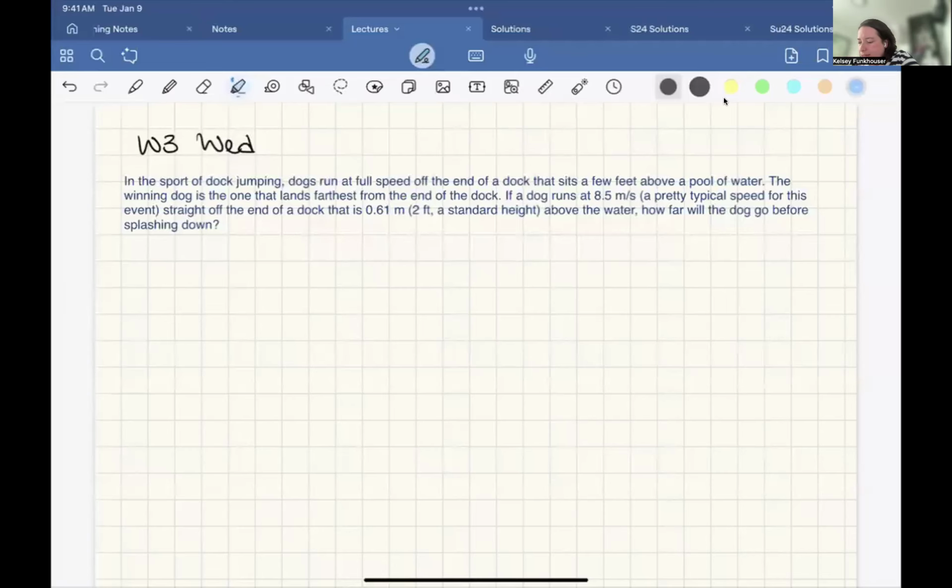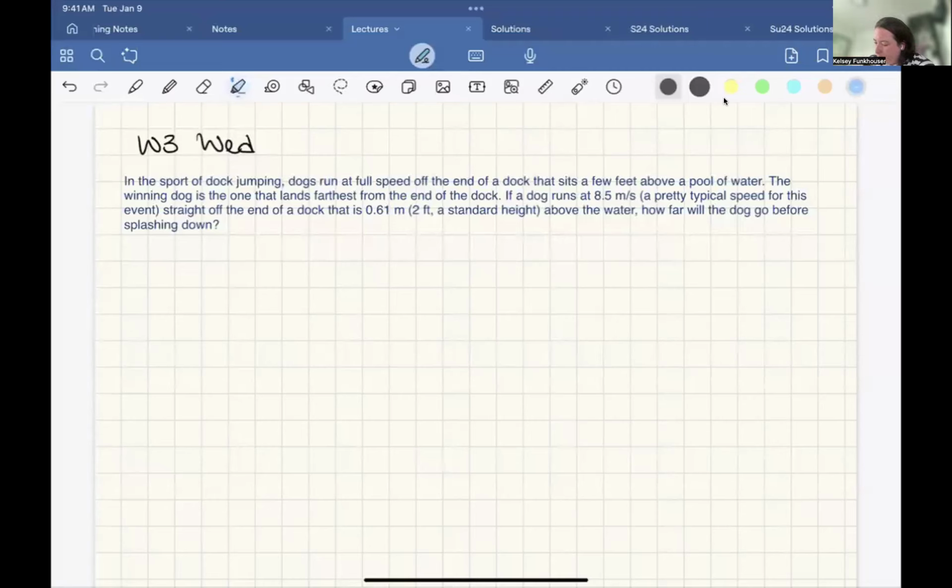Okay, let's read the question. In the sport of dock jumping, dogs run at full speed off the end of a dock that sits a few feet above a pool of water. The winning dog is the one that lands farthest from the end of the dock. If the dog runs at 8.5 meters per second, a pretty typical speed for this event, straight off the end of the dock, that is 0.61 meters or 2 feet above the water,